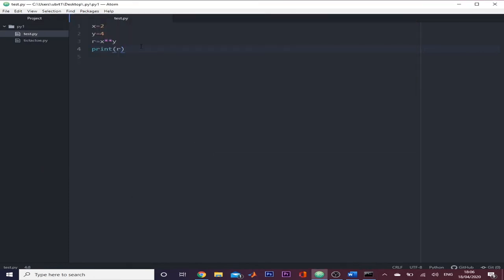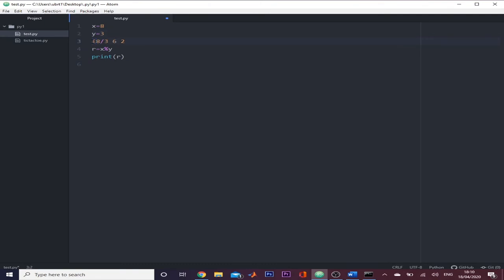Then the next operator is modulus. It may be new to some people. So basically what it does is it gives the remainder. When we are dividing two numbers, we get a quotient and we get a remainder. The quotient will be the answer of the division, whereas if a number doesn't completely divide, there must be some remainder, which is represented by this percentage sign. So if we are dividing 8 by 3, we will get the quotient equal to 2 and the remainder equal to 2. So if we write here 8 and if we write here 3,